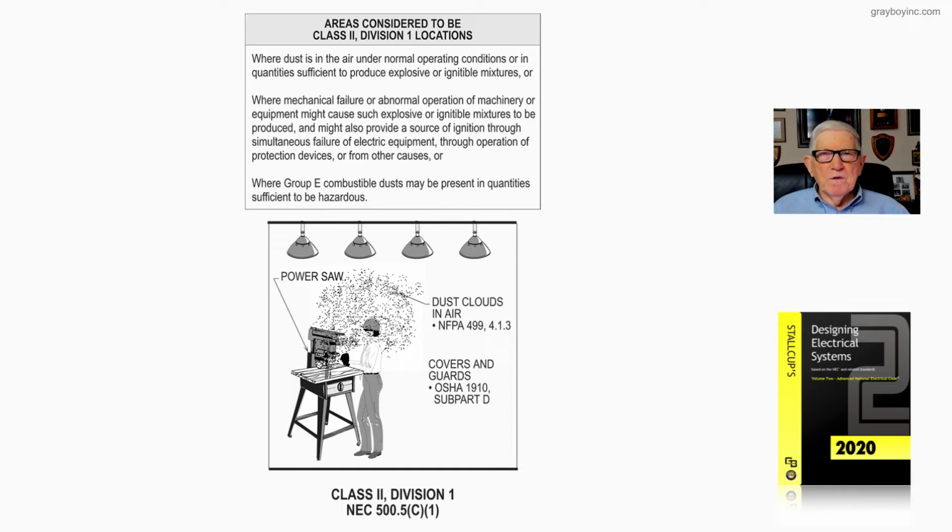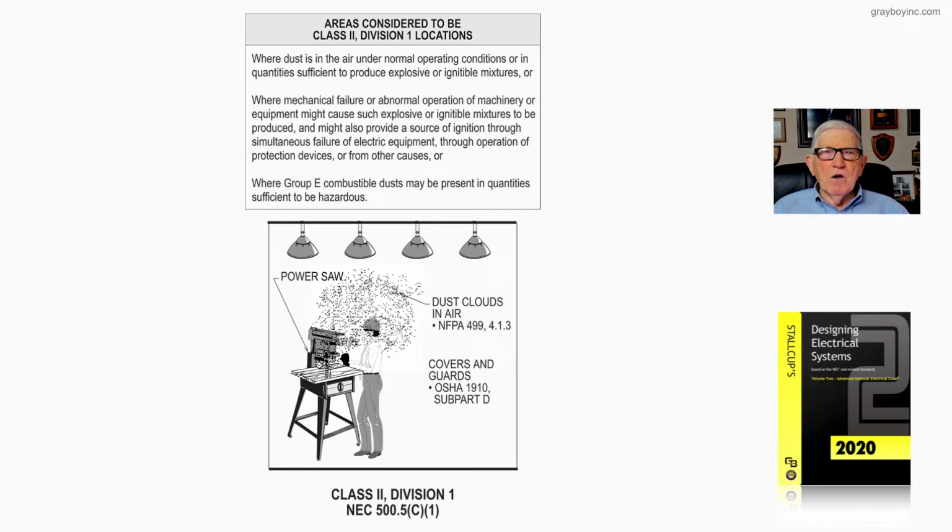Now let's review this figure 21-9A. And we're going to be dealing with a possibility of a Class 2 Division 1 location in accordance with 500.5(C)(1). Now we're going to make 3 evaluations. And if any one of these evaluations appear, then we know we have to consider a Class 2 Division 1